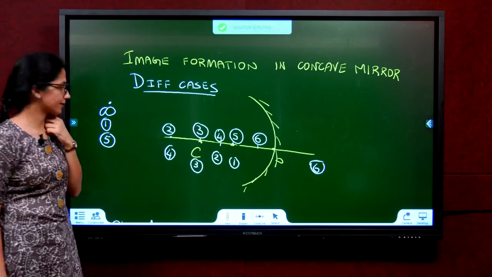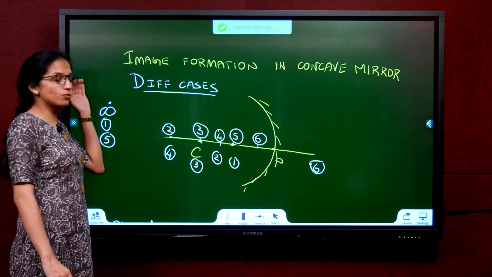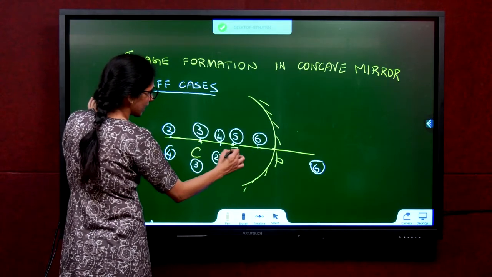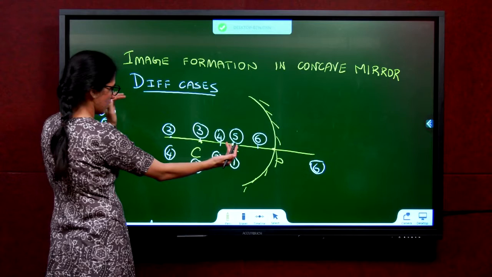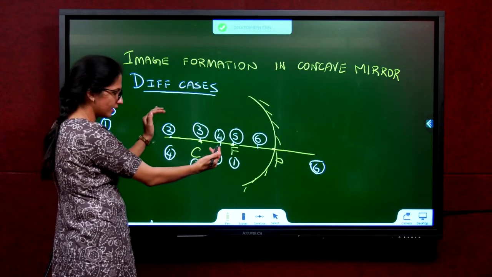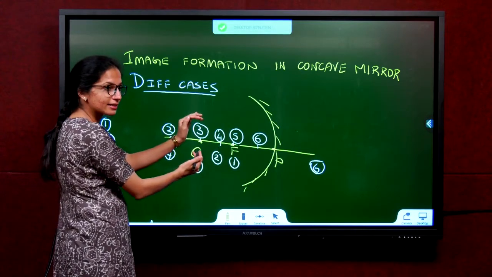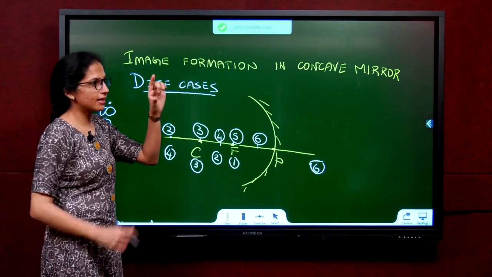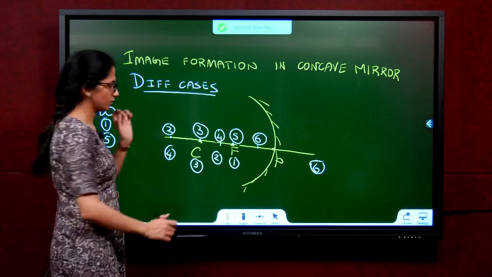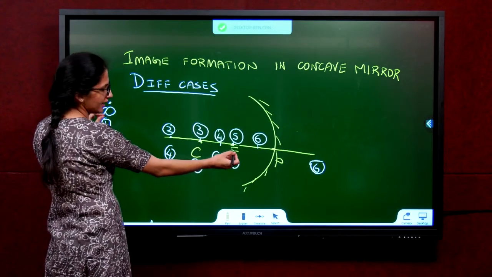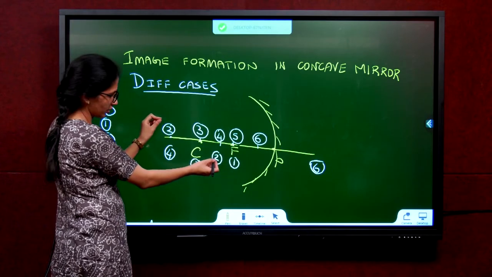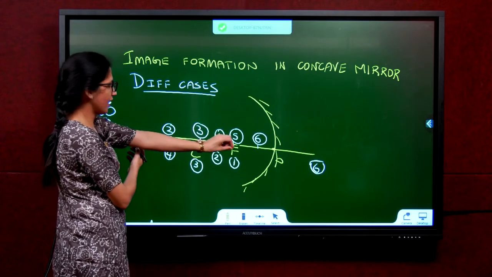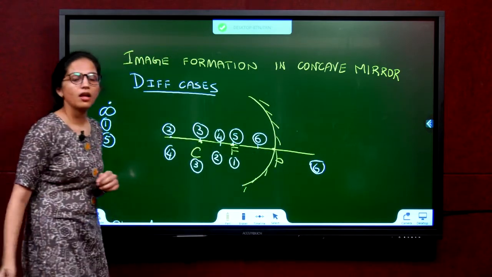What about their sizes? If you're starting at infinity, the object is very far, so the image is highly diminished. At focus we had highly diminished, very small. Now small, diminished, equal in size. So from small: very small, small, same size, large, very large. See here: very small, highly diminished, diminished, same size, large, very large, large. Understood?